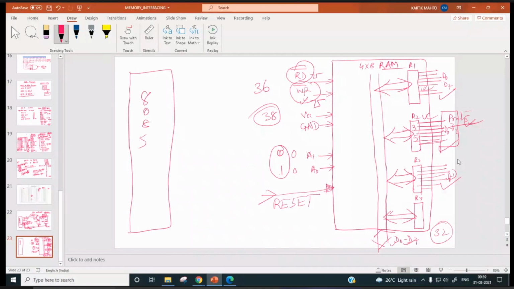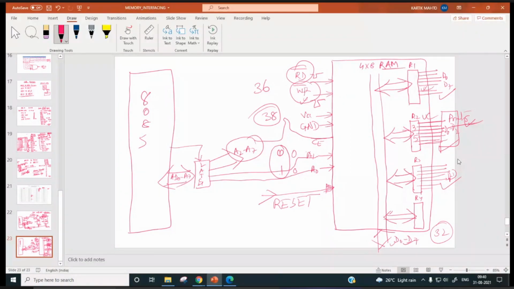8085, right? Here we have AD0 to AD7. Here we will have a latch. ALE will generate A0, A1, and A2 to A7 will be decoded and used as chip select, CS bar.